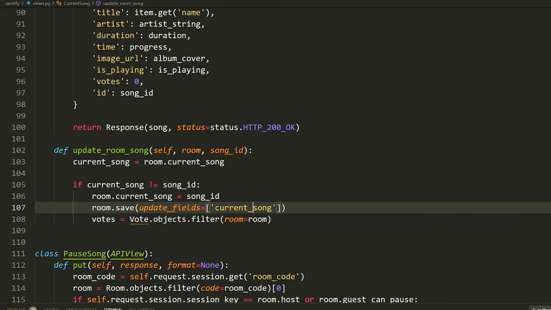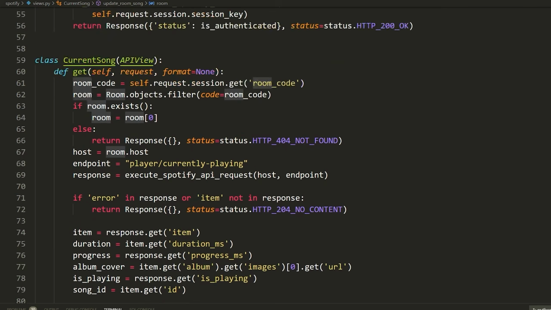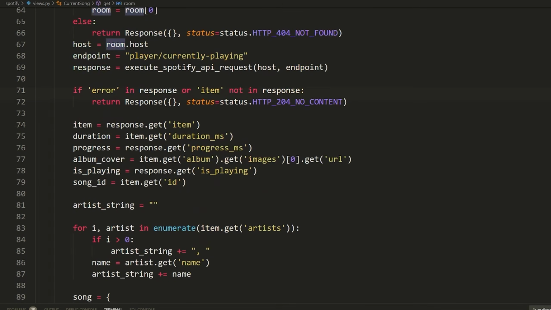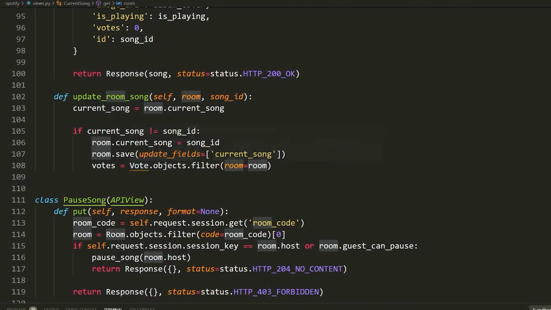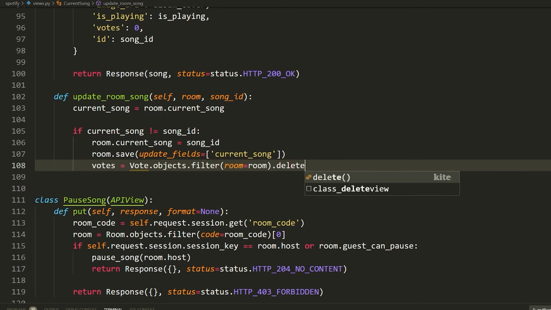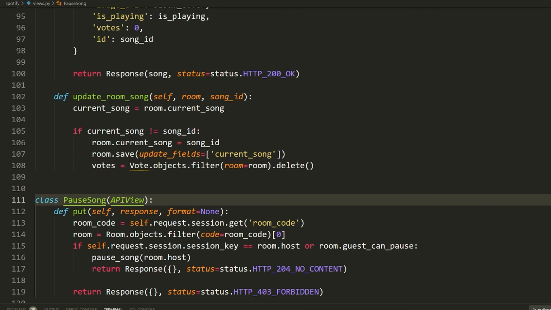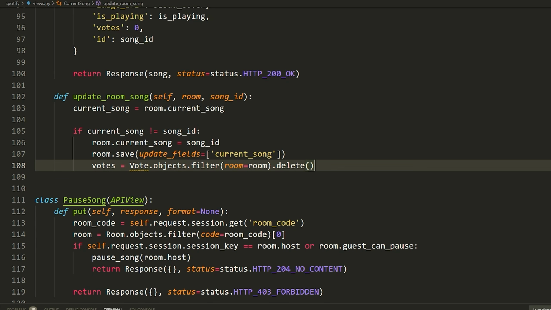So now you can see why it's important to have the foreign key here, because with an instance of a room, which this is, we'll call this function and pass in this room right here, we're able to actually query the vote object and find any of the vote objects that are voting for this room. So once we do that, all we'll do is simply say delete like that, and this will delete all of the vote objects that have a room equal to whatever room we pass in here. And that's it. That's all we need to do to actually update and remove all of these votes.